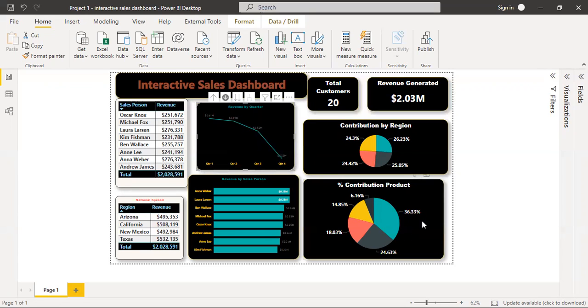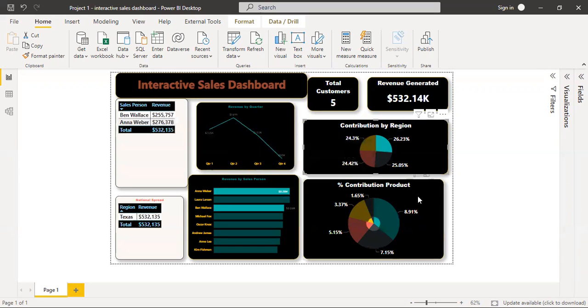I would like to see what happened in my first territory, which is Texas. In Texas, we have two reps. This is the revenue that was generated, five customers by Anna and Ben. That's according to the quarter. I can actually do it up to years. The total revenue is there for the same customers. So I can see what happened per quarter, per month, and per day for that particular